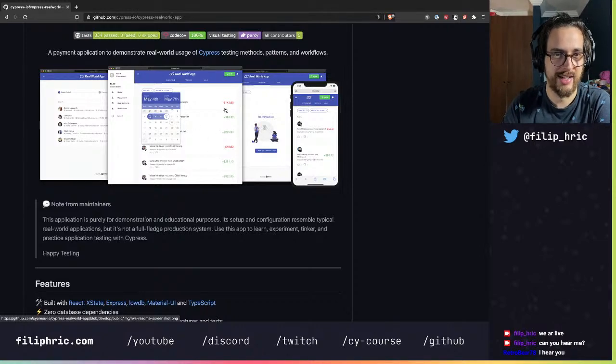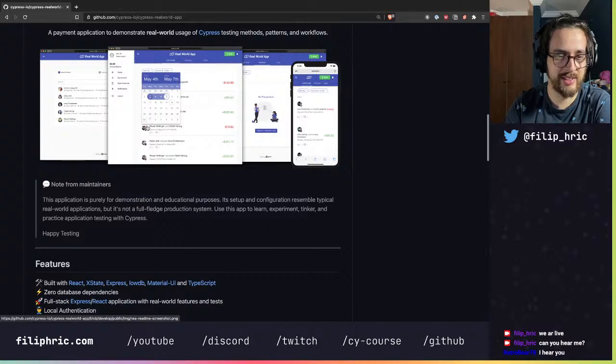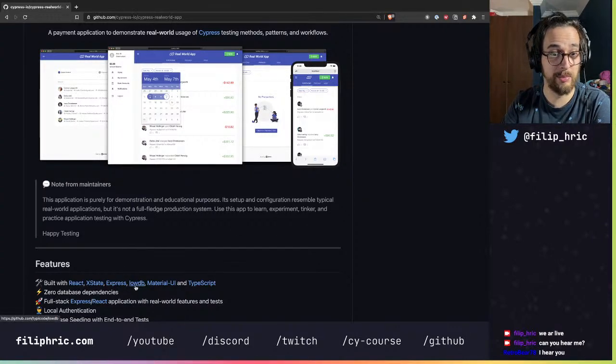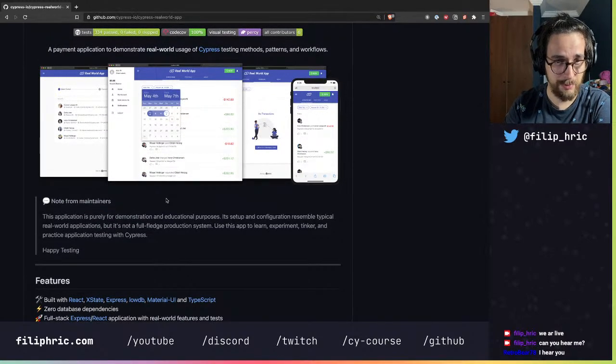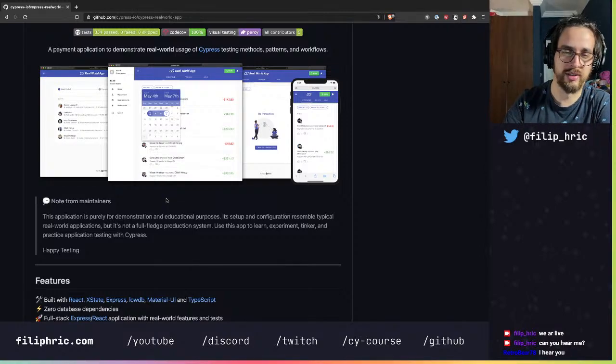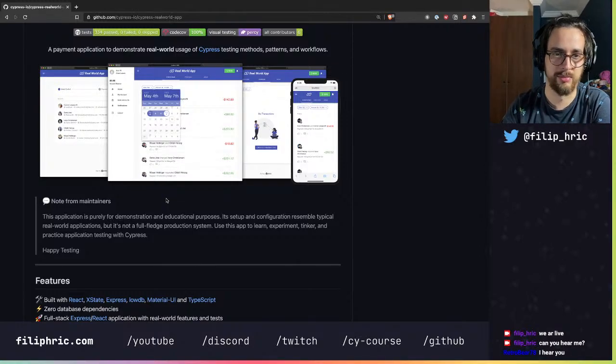That's the general idea. It is built in React, Express, LowDB, which is really fun. It's the same thing that I built my Trello app in. You don't need to run your own database. The database is just a JSON file, so the same idea is applied here.